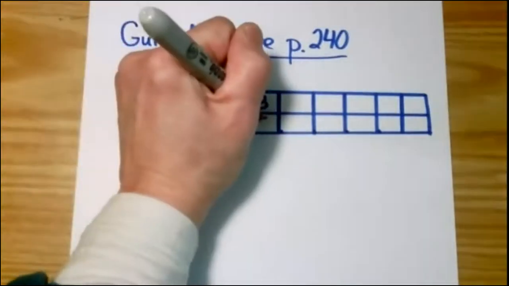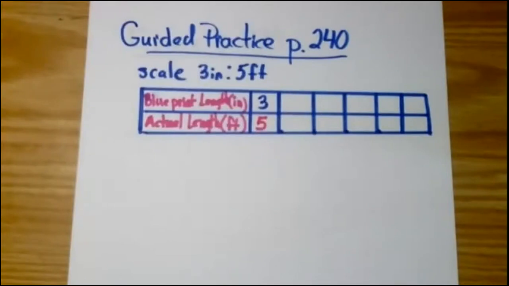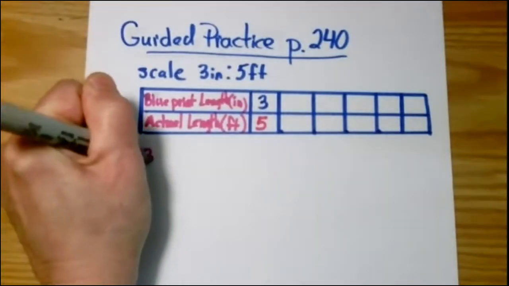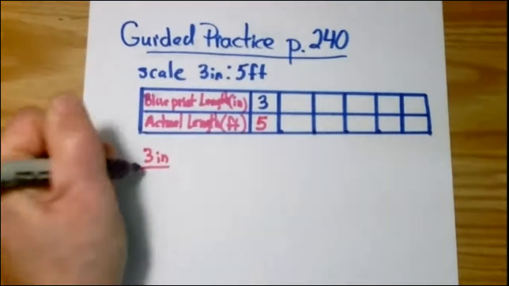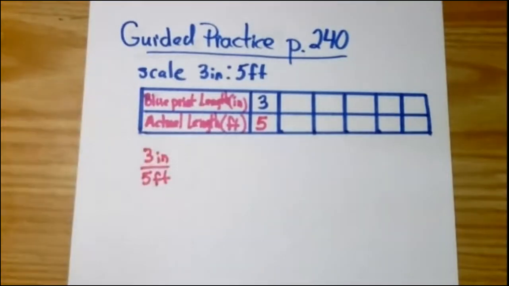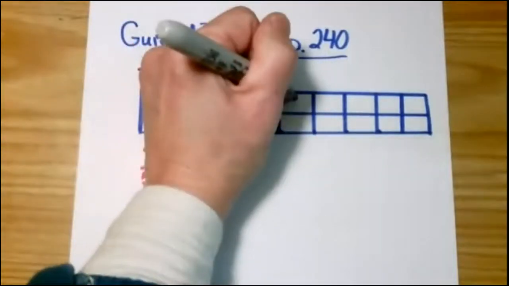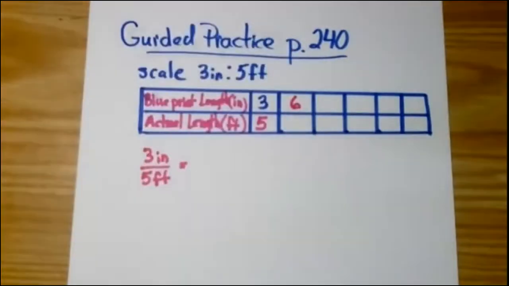Exactly, 5 feet, right? Told it to us. So now we have to figure out these other numbers. So how do we figure that out? Well, we have 3 inches to 5 feet is equal to, and I don't know if they put in those other numbers for you, but we're going to go up by 3s, okay? So we're going to go up to 6 next, and then we're going to go to 9,